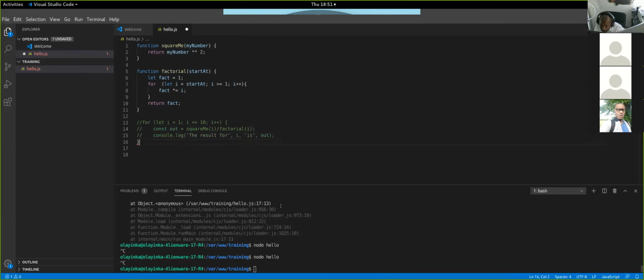So if I do this here, and I say factorial 3, it starts with a value of 3, because that's what I passed to it, right? If I say factorial 5, and I run this here,